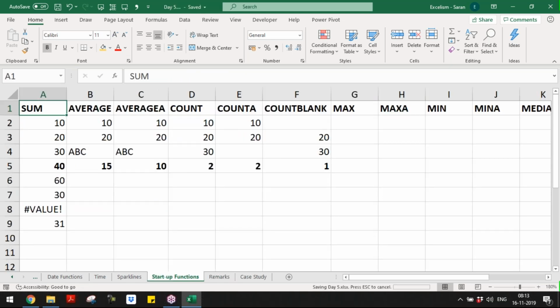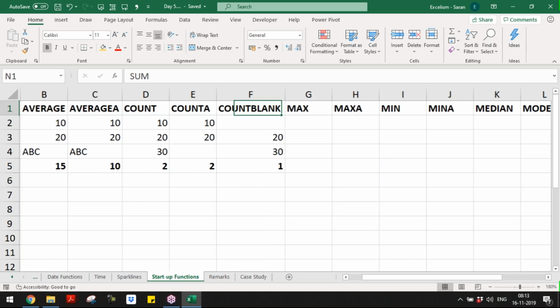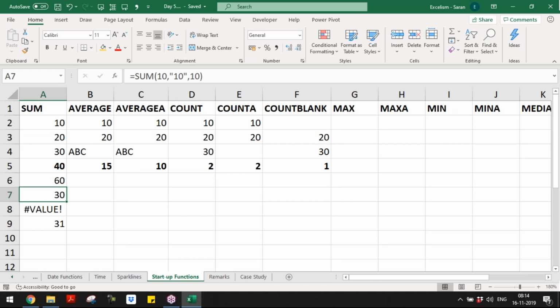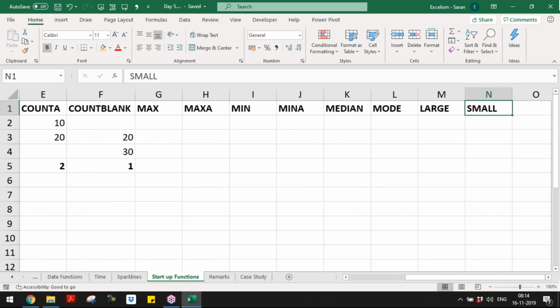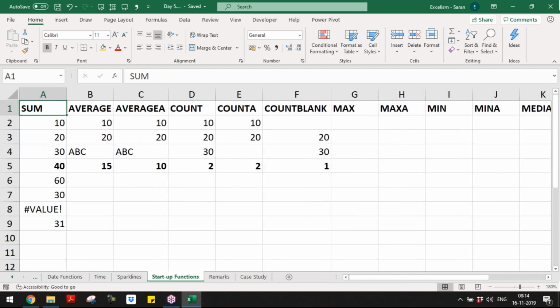Friends, I have a small work. I'm just closing my session till here. This is all I'll consider in the next session. And don't miss the next session. We'll be covering all these remaining small functions. And I'll start talking on the wildcard characters as well as I'll be starting the conditional sum functions. Probably Monday and Tuesday, I'll cover conditional sum functions elaborately.